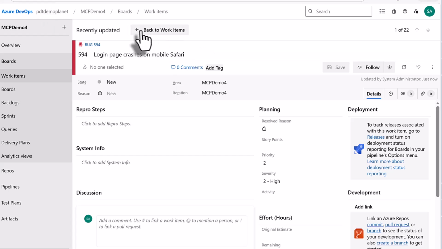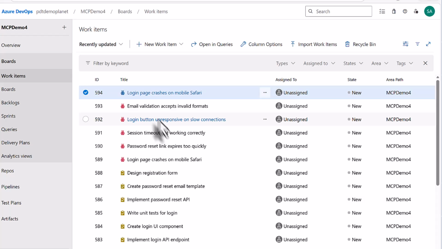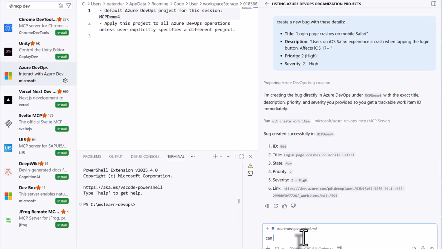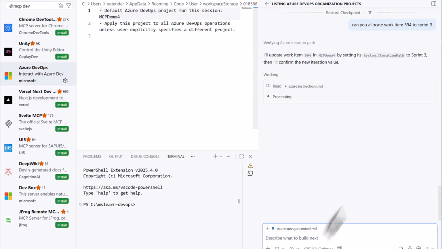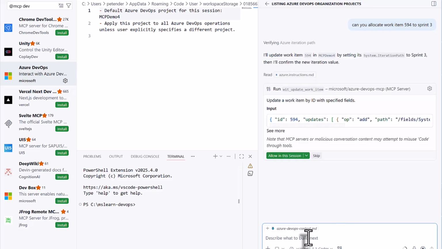Now this is creating a new one, but what we can do is now, for example, can you allocate work item 594 to sprint 3? And then obviously, can you assign it to Peter, and so on and so on. Again, while this is running, I don't want to wait for it. You probably get the idea that it is working. I can now do show me the latest